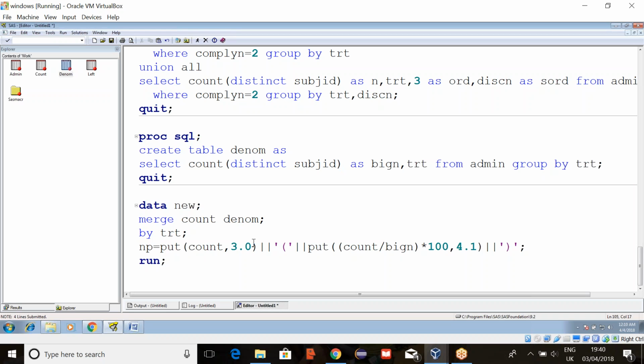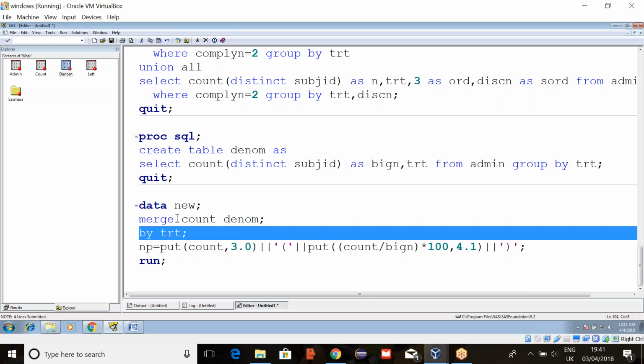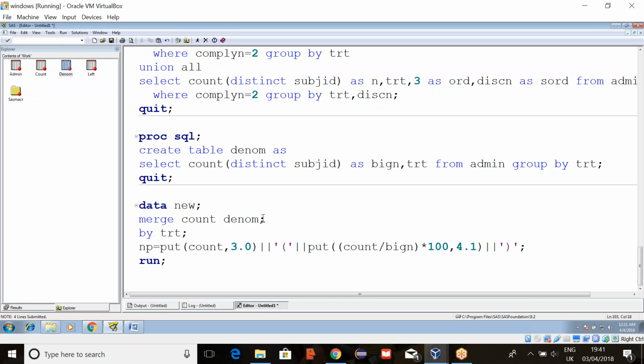Here NP is equal to the new variable, counts and percentages. Whatever the name you want to keep, you can give that. After concatenating, we have to keep a new variable name, right?